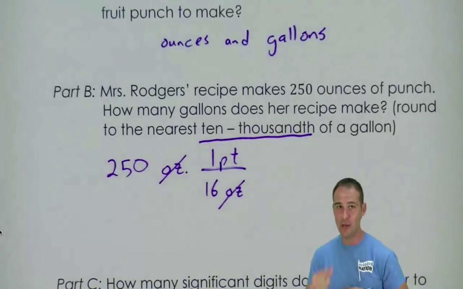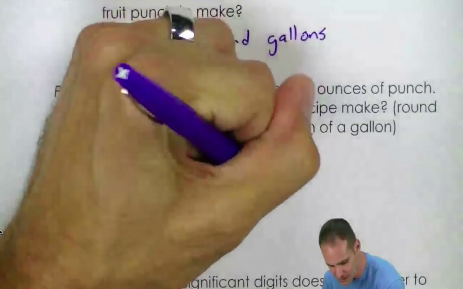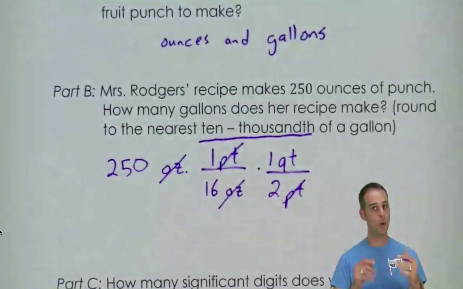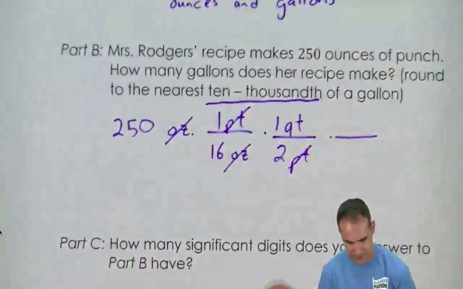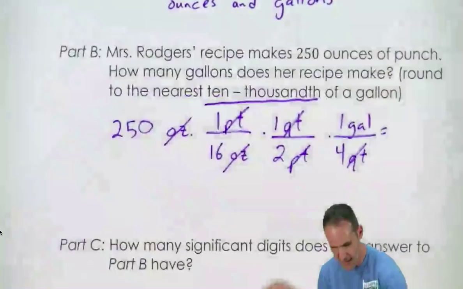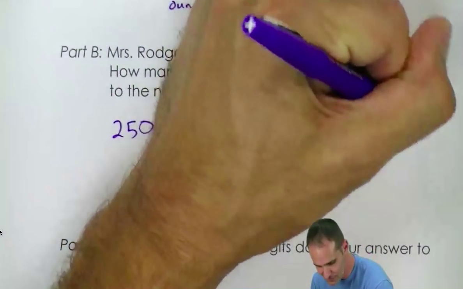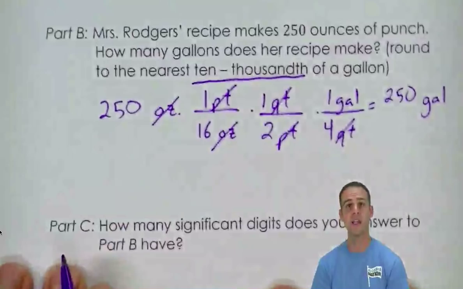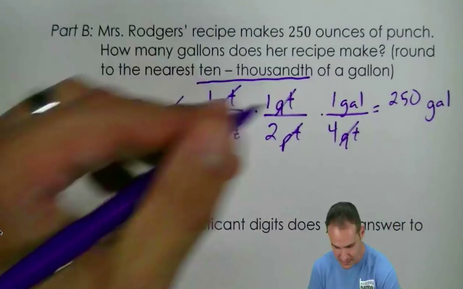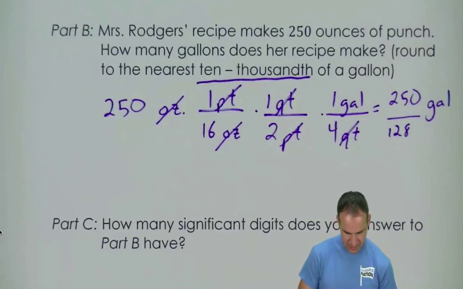But we have to keep on going because we want gallons. We know for every 2 pints, there's going to be 1 quart. We've now converted to quarts. We know for every 4 quarts, there is 1 gallon. We have now converted to gallons. I have 250 times 1 times 1 times 1, which is 250, in the numerator. On the denominator, I have 16 times 2 times 4, which is 128. 250 divided by 128 will give me